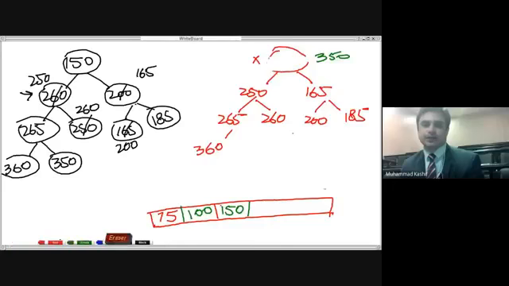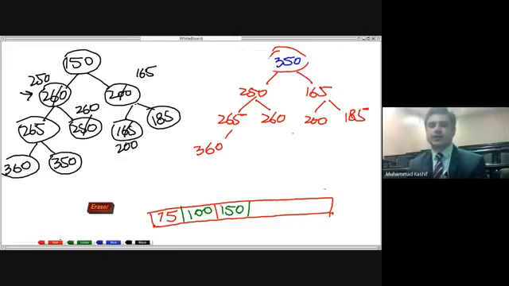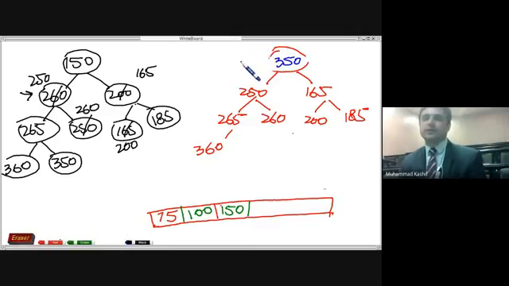So now our new tree would be like this. 350 becomes a root node, right? So when 350 becomes a root node, that means we need to again check level by level whether we are satisfying the property of our min heap or not. And obviously we are not satisfying the property of our min heap, because 350 is not less than 250 or 165. So 250 will go up,